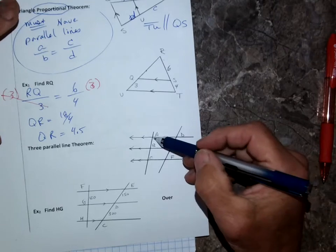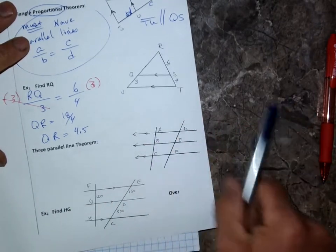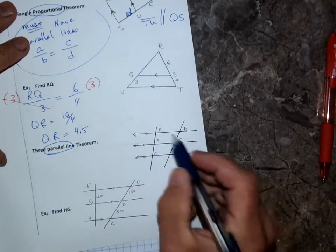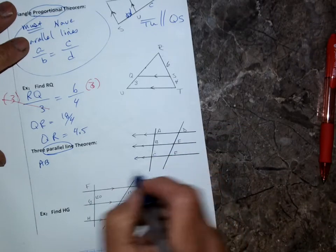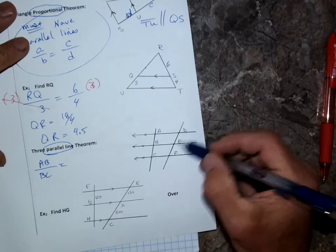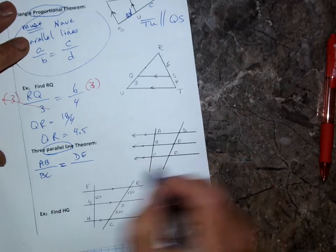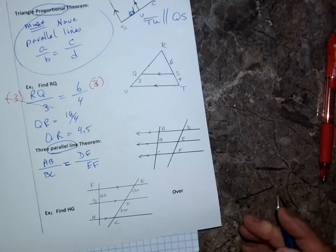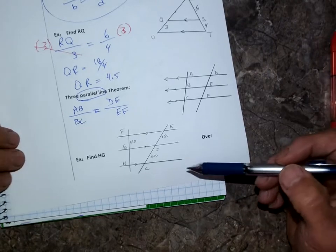So you can say that AB goes to BC. So we can say, okay, but they have to be parallel. They must be parallel. Same thing. I can say AB, that's this side, goes to BC as DE goes to EF. Okay, there you go. So if I take a look at example 2 and I want to solve it, I